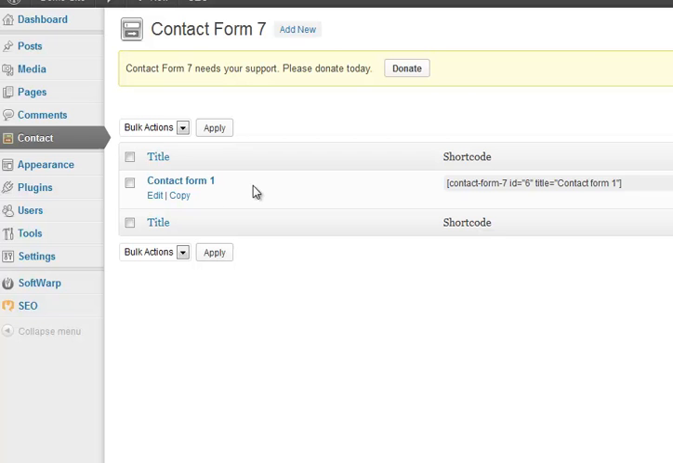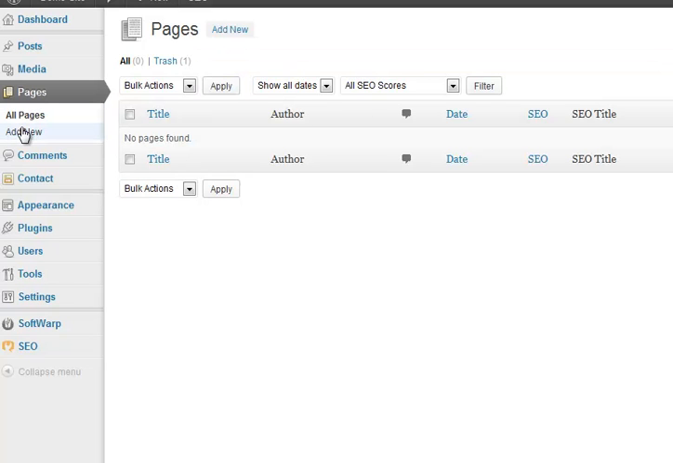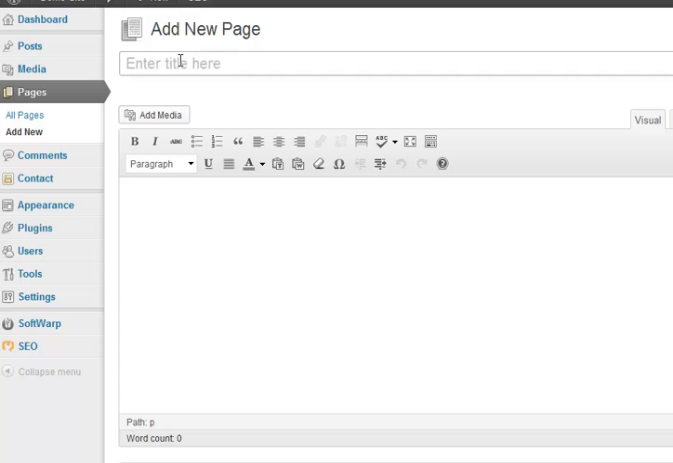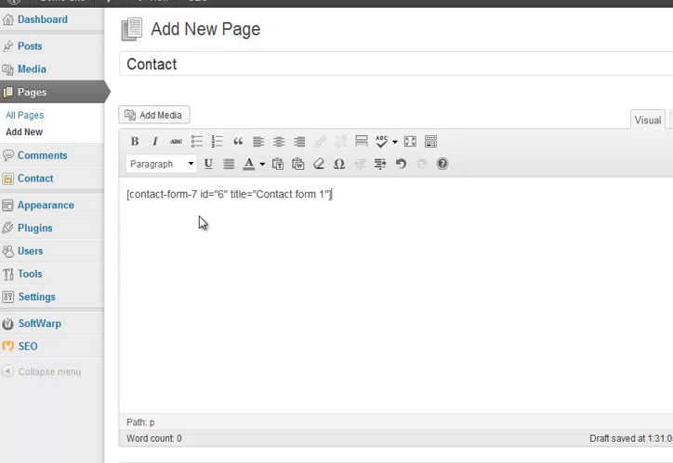Basically it sets up a contact form and it gives you what it calls a short code. So we copy and paste that, go across to pages, click on add new, and we're going to go for a contact form. Just call it contact, copy and paste that in,